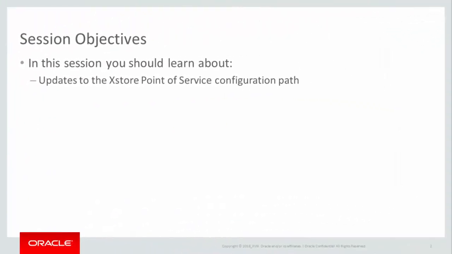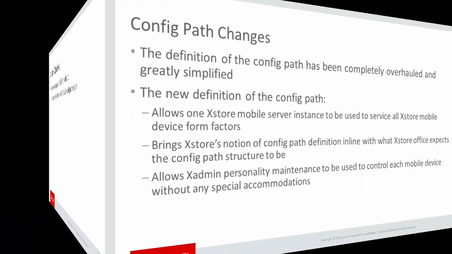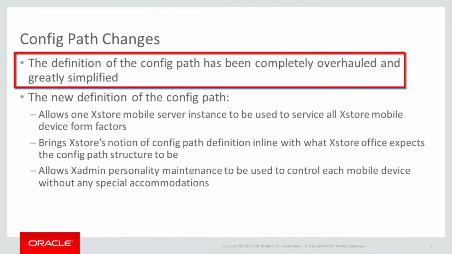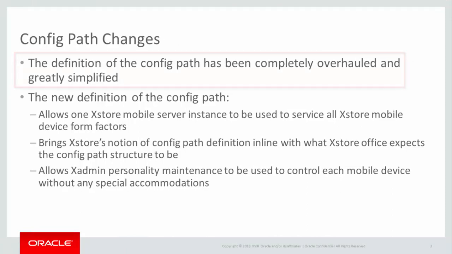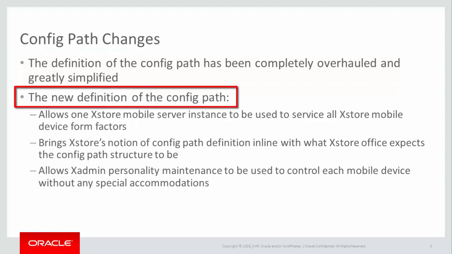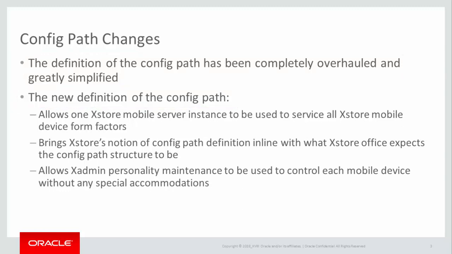In this session, you should learn about updates to the XStore point of service configuration path, or config path. The definition of the XStore config path has been completely overhauled and greatly simplified. The new definition of the config path allows one XStore mobile server instance to be used to service all XStore mobile device form factors. Previously, multiple XStore mobile server instances were needed for each form factor, such as handheld or